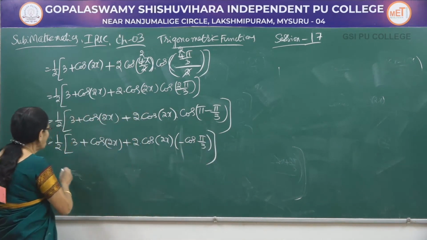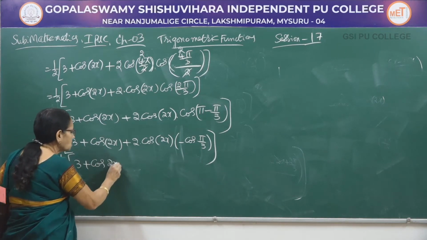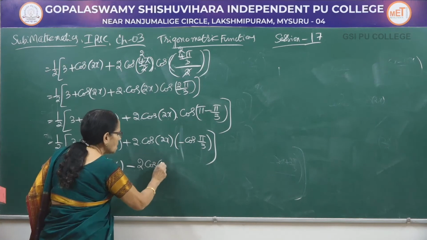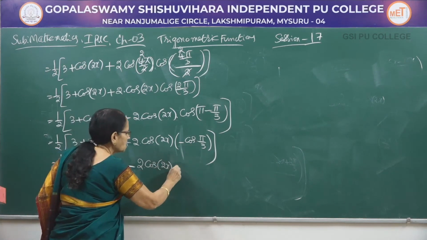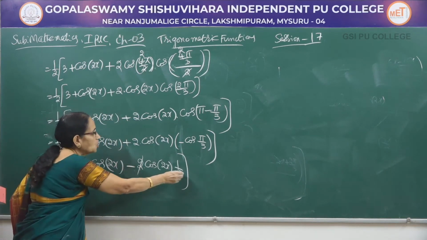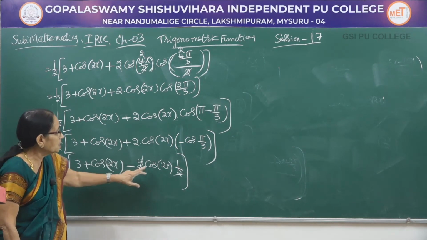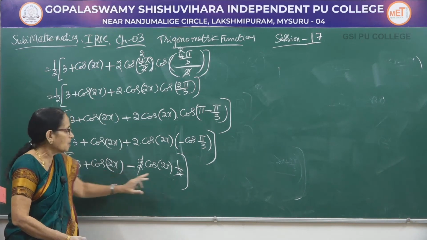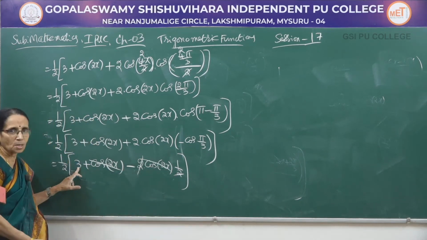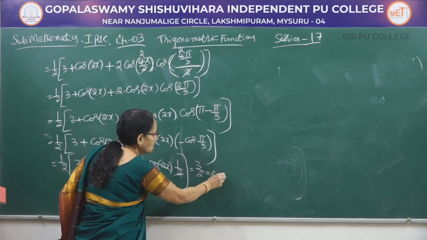Minus cos pi by 3, that is half of 3 plus cos of 2x plus of minus, minus. Now the term has become negative, cos of 2x and cos pi by 3, that is cos 60, has the value half. Now see, 2 and 2 are cancelled. What is remaining? 3 plus cos of 2x minus cos of 2x. First you cancel this, we get cos 2x minus cos 2x, they also get cancelled. So what is remaining? Only 3, and 2 outside. So the answer is 3 by 2, that's equal to the right hand side.